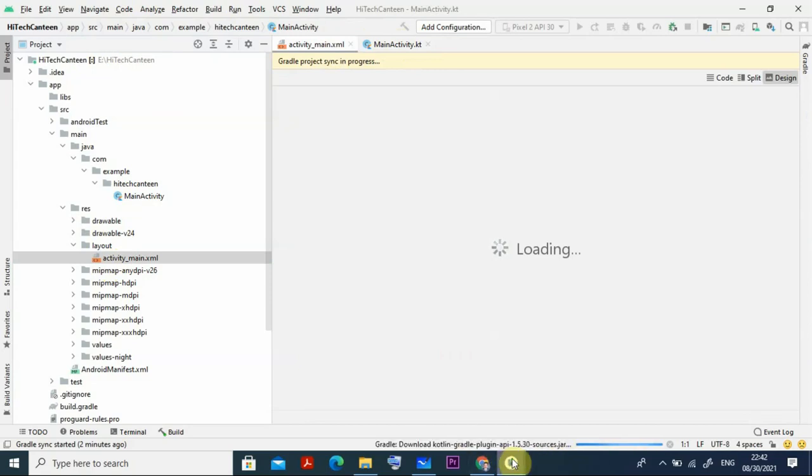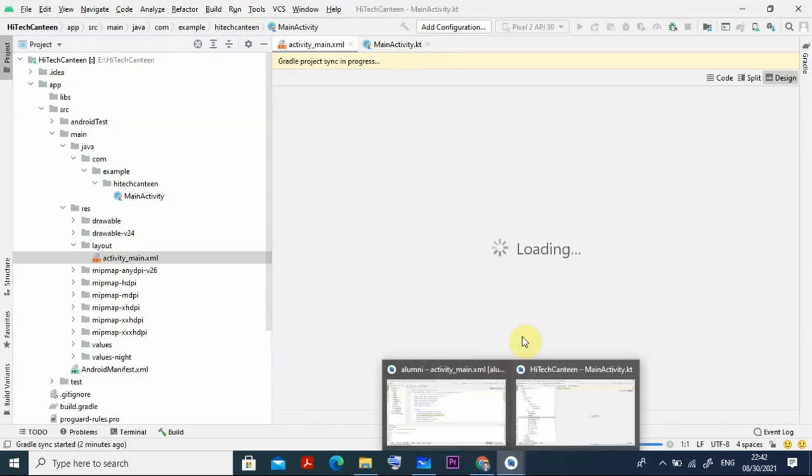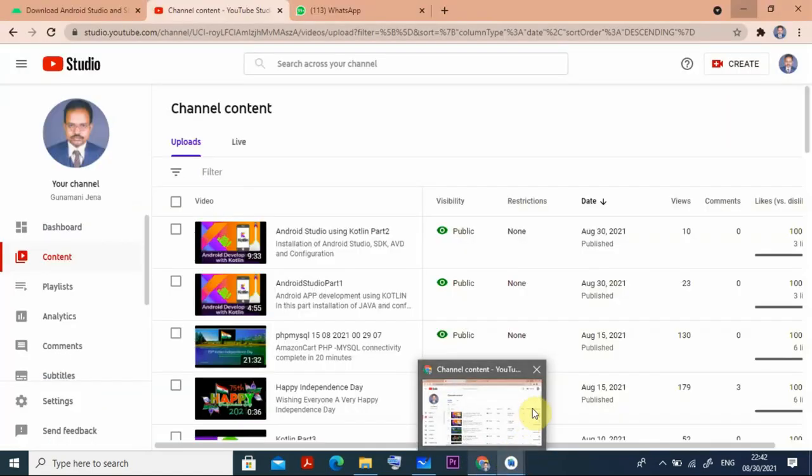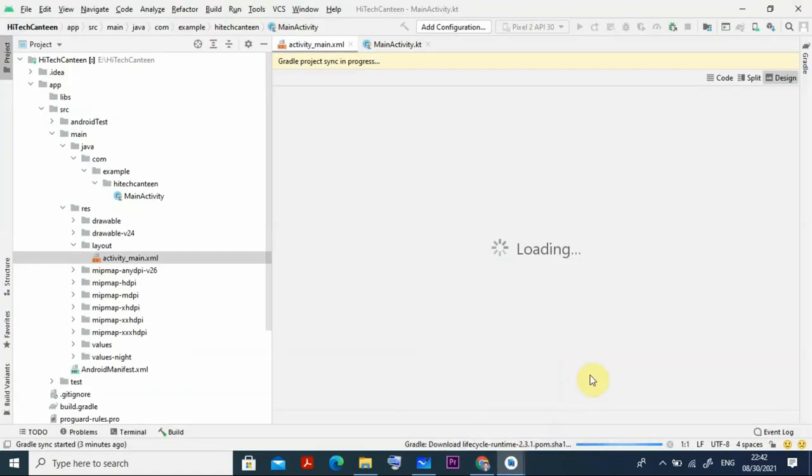Yeah, something design Gradle. Okay, source. So all the things are going on here. Yeah, you can see still it is going on. It started 2 minutes before, but still it is going on. You can see all the current things, check it here. Gradle, download Kotlin and constraint layouts, all the things are there. Okay, so this is the thing.